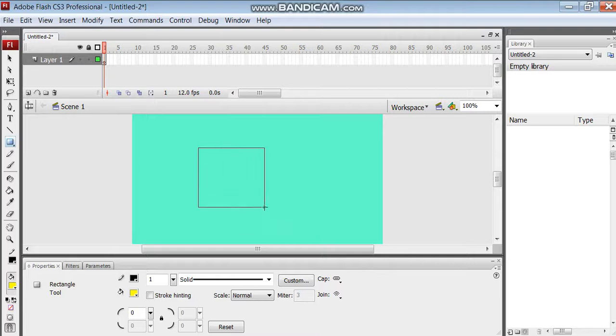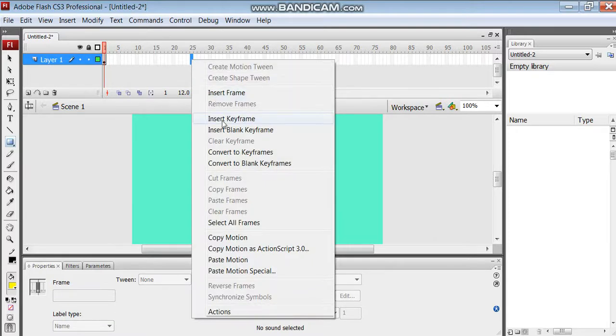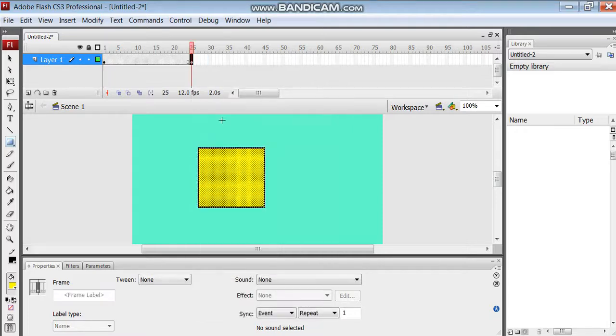I am going to make a yellow square. Now I want this square to change into a circle. So I click on frame number 25, right click, insert keyframe. The shortcut key for inserting a keyframe is F6.